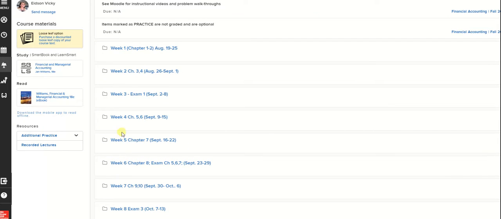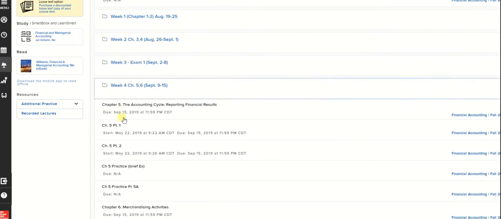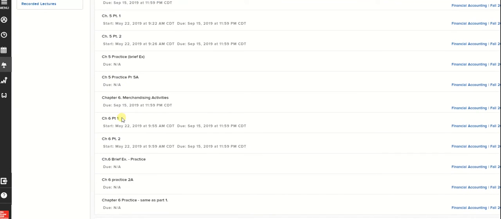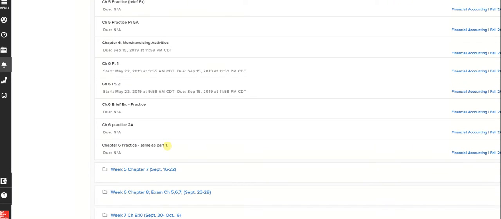Okay, so Chapter 5, 6, all right. So it is Chapter 6 practice, same as Part 1. So I just basically took all of these problems in Part 1 and put them back in as practice. So this is practice. If you go over to the right, I don't have that screen capturing set up there, but you can see that instead of marked homework over here, on yours it says practice.